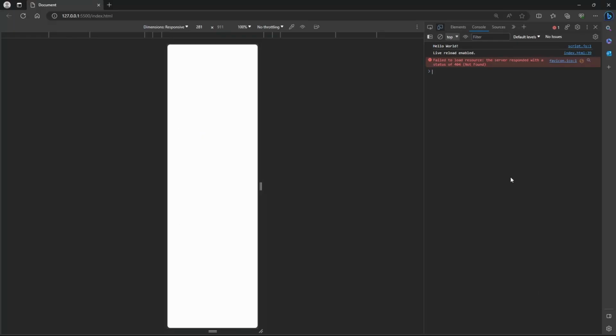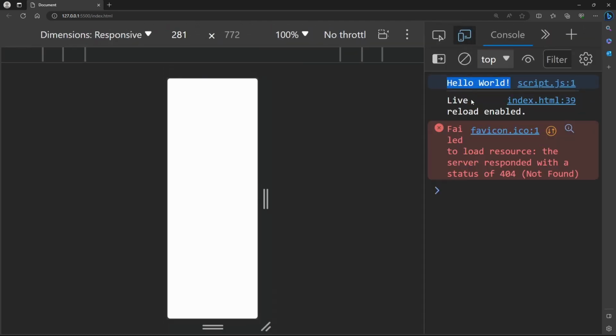Once we have the console open, you can see that the code worked. If you get an error message about failing to load a resource, you can ignore it. That comes from the missing favicon. If that really bothers you, you can add a favicon and link it in the HTML, but this is completely